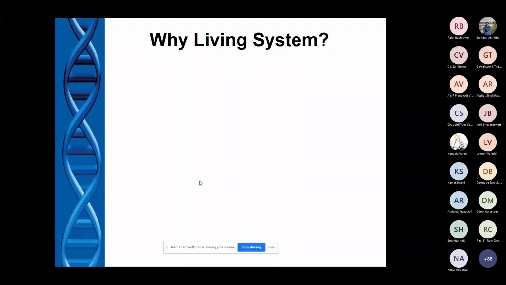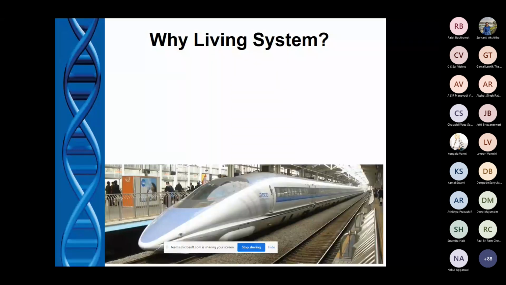And the next one is another example I will give to you. All of you are aware of today's bullet train. So this is a bullet train, and I would like to tell you that mostly bullet train started in Japan. So the background was something like this. In Japan, in the railway system, there are many tunnels, right?